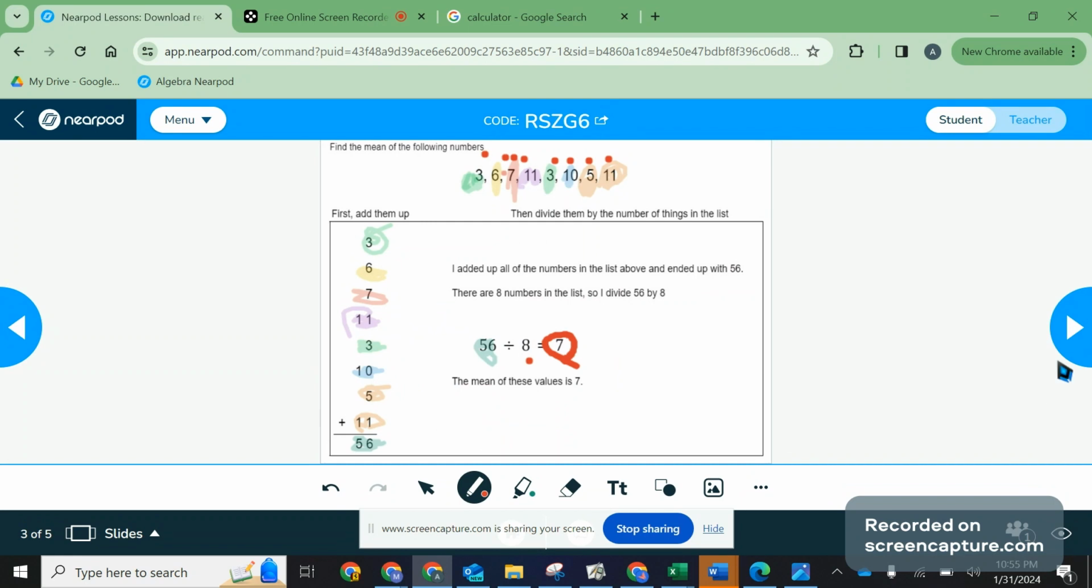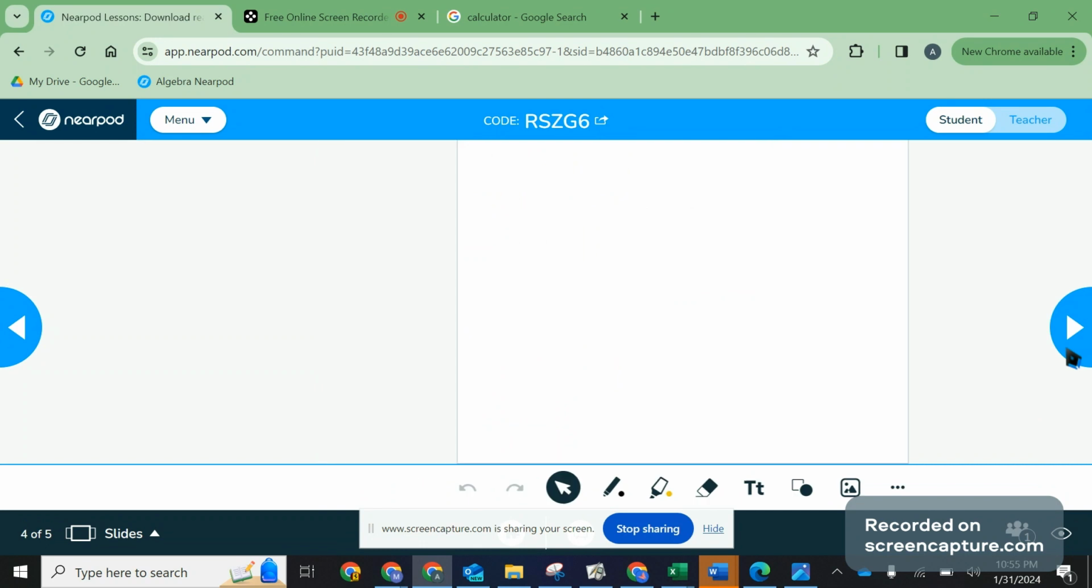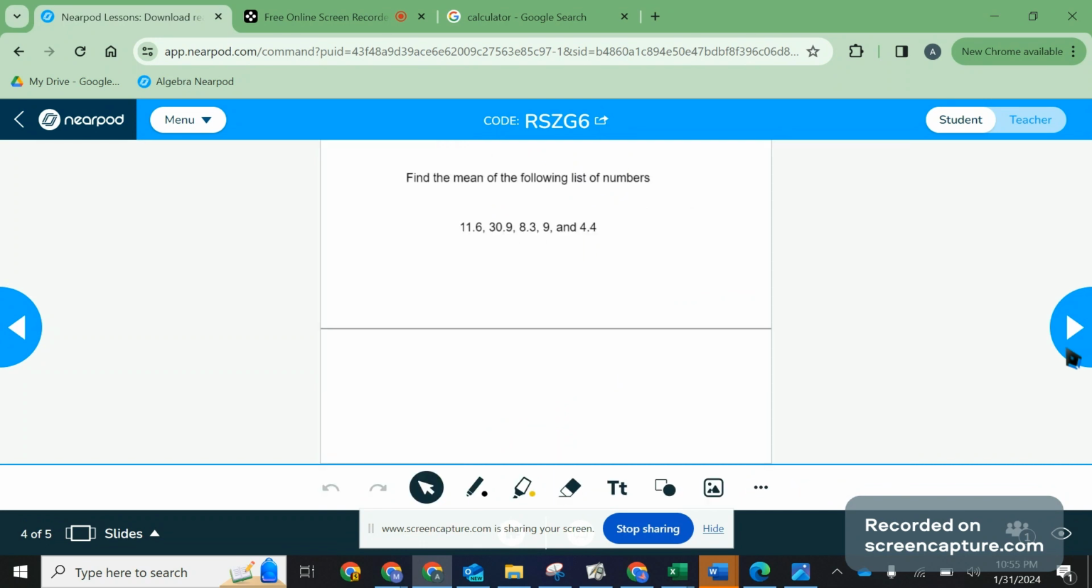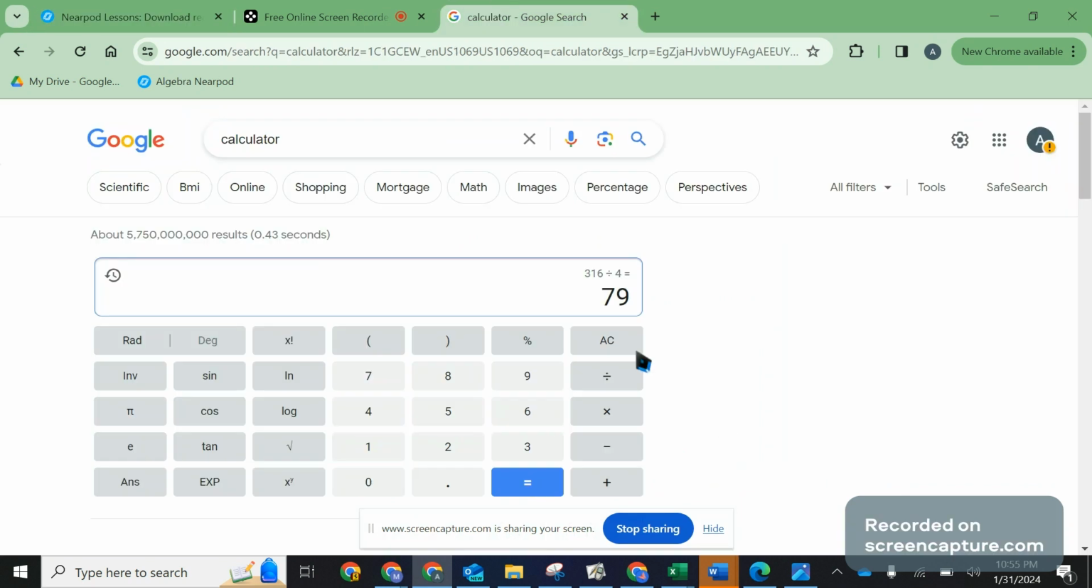Take your page and flip it over for me where I've got a couple of examples. First one says find the mean of the following list of numbers. Now, in this case, it's decimals. There's nothing wrong with that. If there's decimals, it's handled the exact same way. You might get answers as decimals. You might get questions that give you decimals as part of the list. Decimals are just another kind of number that we can add up. So I grab my calculator and I go, okay, let's add these up. 11.6 plus